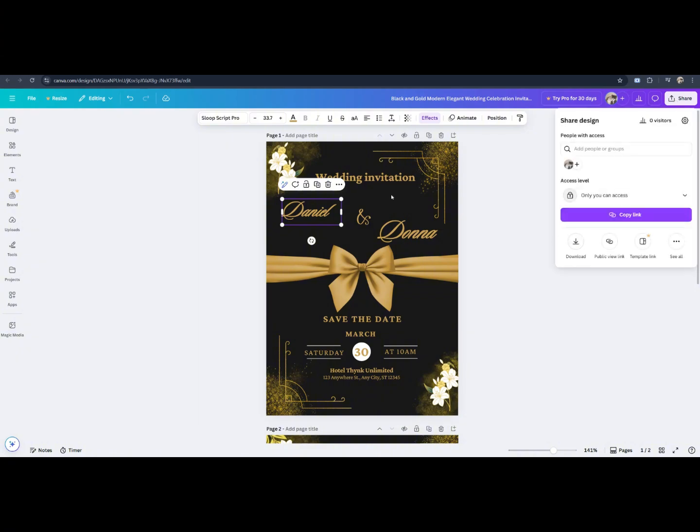And that is it. With Canva 2025, reshaping elements is quick and easy, giving you more freedom to customize your